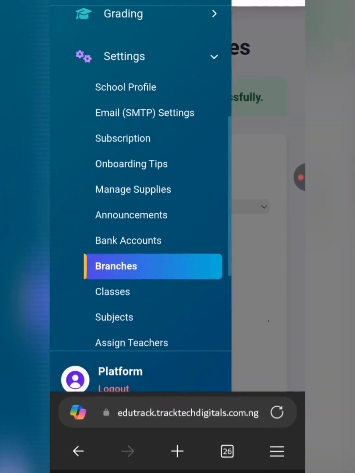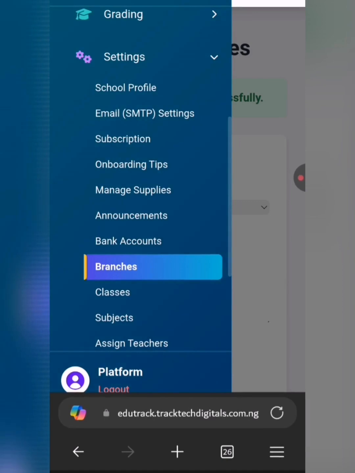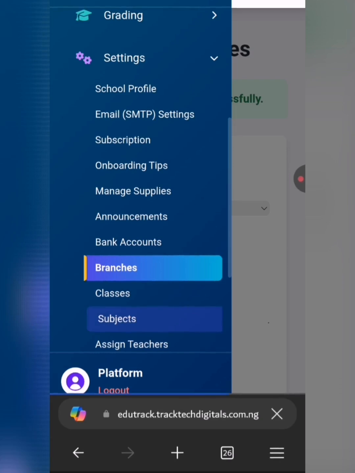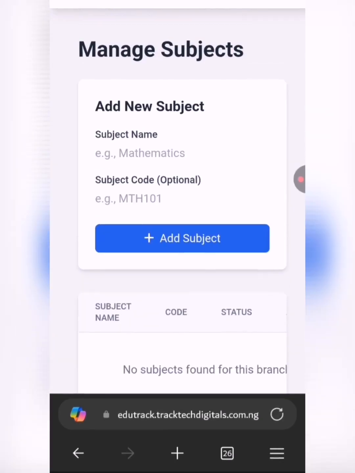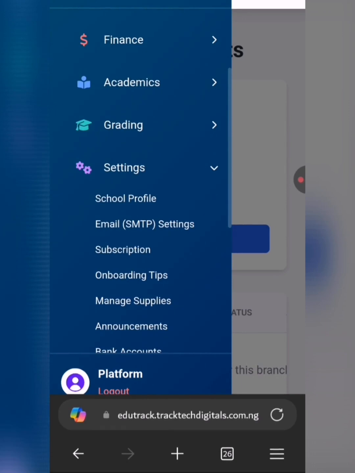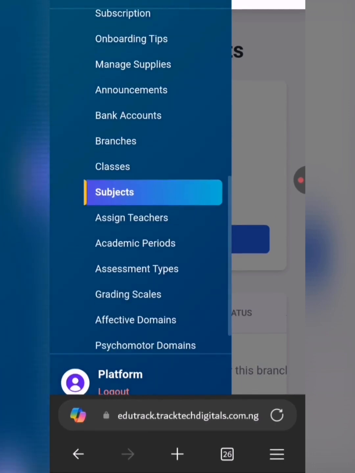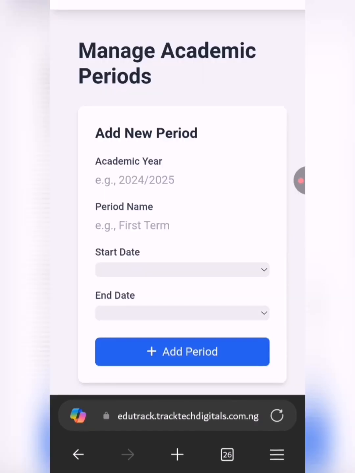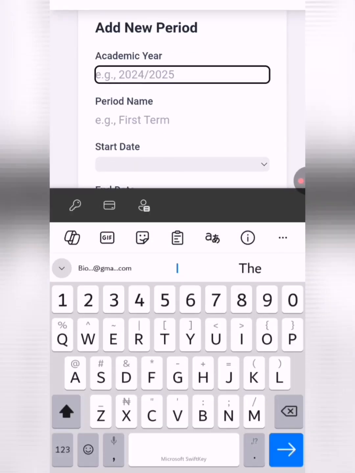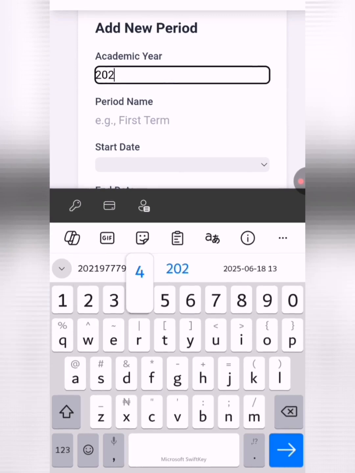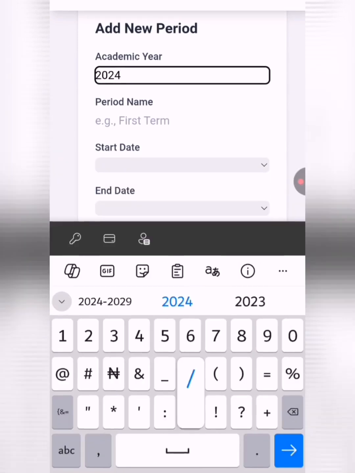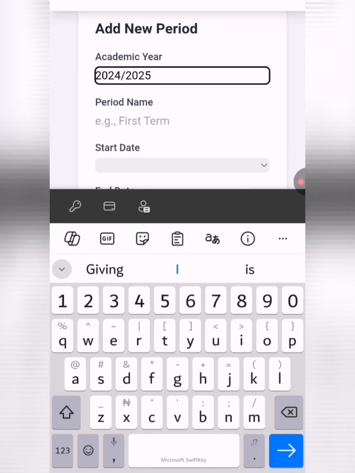The next thing you want to do is to set up your class, your subjects. Okay, let's set up the academic periods now. So I want to set up the academic period. So by coming to the academic year 2024 to 2025 session, then first term,